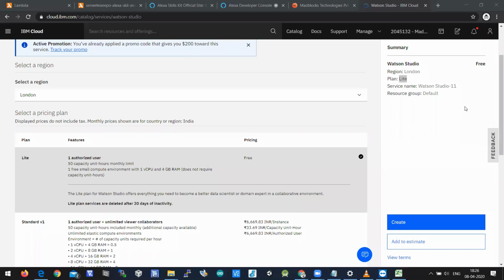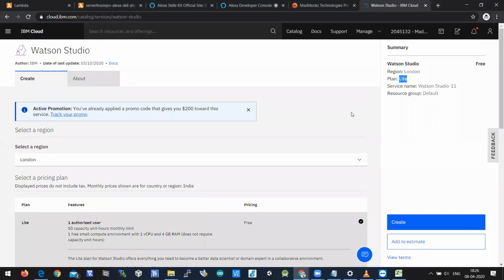Make sure that if you want to work on IBM Watson Studio, there should be activity every 30 days. Only one instance can be created. If you are hosting Watson Studio in your account, it means that you want to work on AI projects. People who are working on artificial intelligence will in particular be using Watson Studio and all.